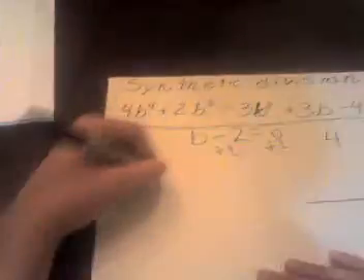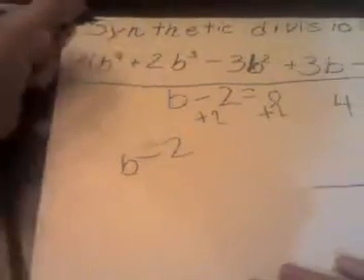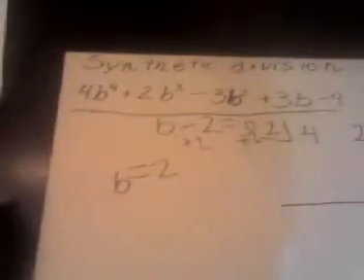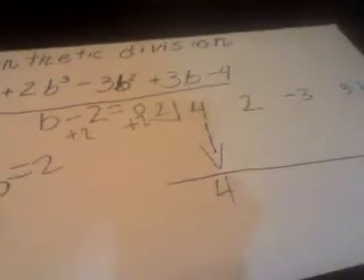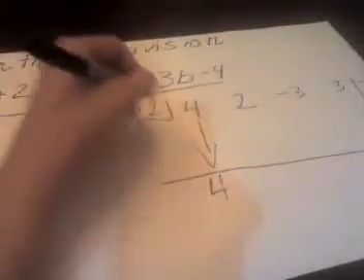You solve for b, so add 2 to get b equals 2. And then you put the 2 back into the box, and you bring down the first coefficient, and you multiply that by 2 to get